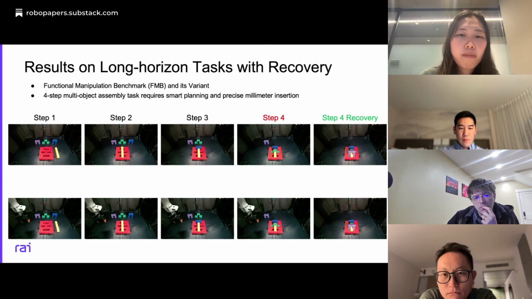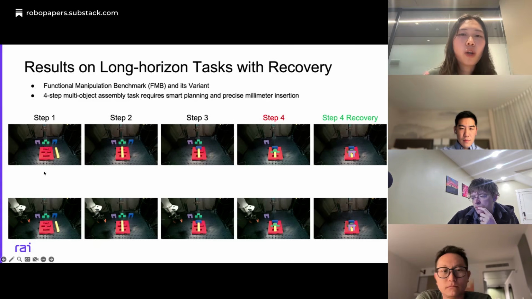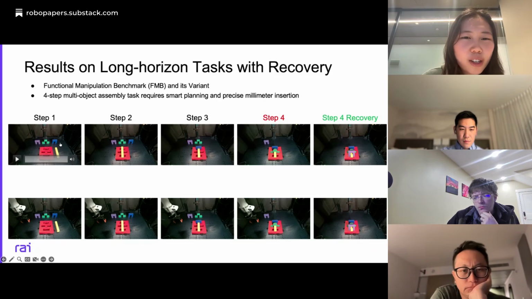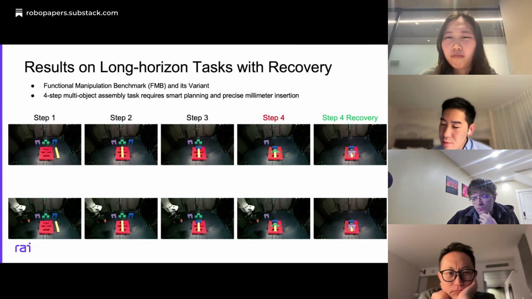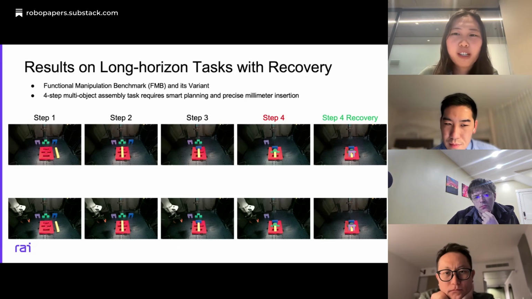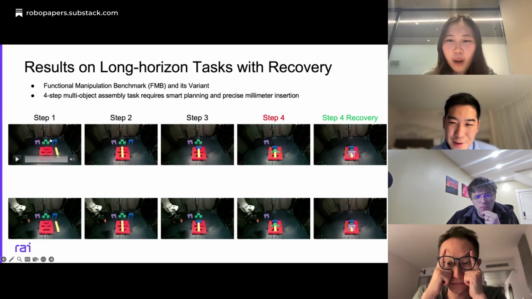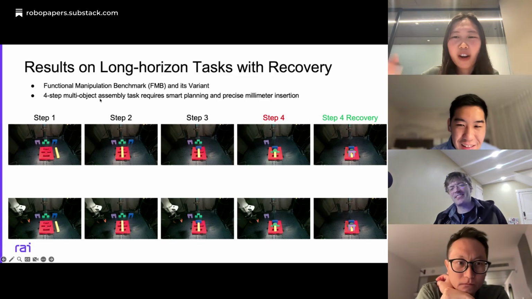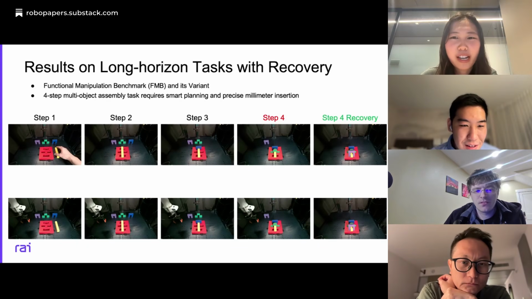But the interesting part here is that we're trying to not only use the object-centric flow, but also the hand priors inside the generated video to do that. Here I'm not going to reveal a lot of the details, but this is one of the most difficult tasks we've tried in our work. It's the functional manipulation benchmark. Should I start playing the video? I think you can play, but we also have later slides for each of the steps. Oh, okay. If you want to play it, you can go to the next slide for each of the steps.